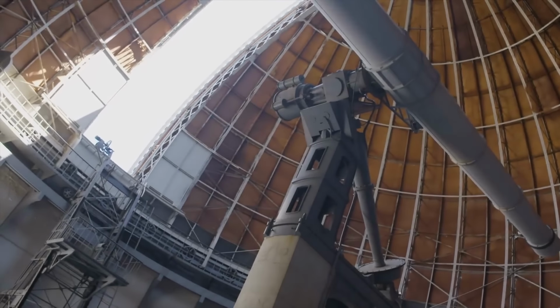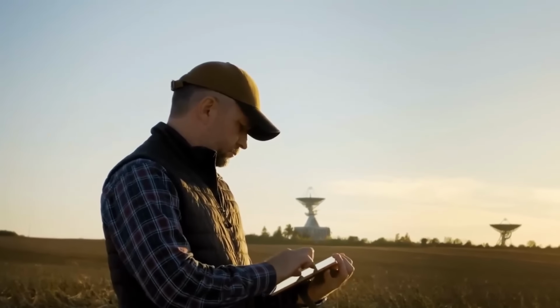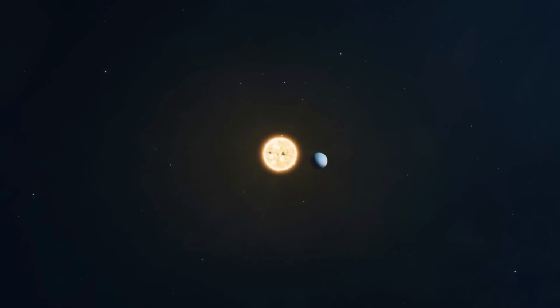Just like with any astronomical event, we need to understand the different ways something like this could happen. For example, it would be possible if a rogue